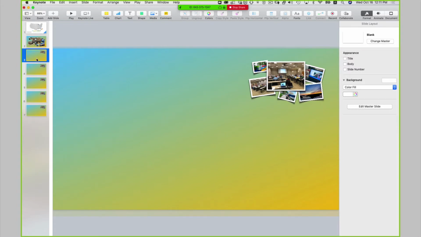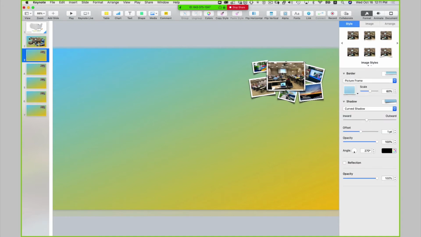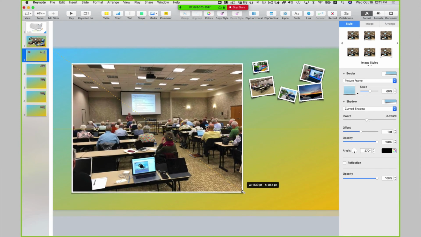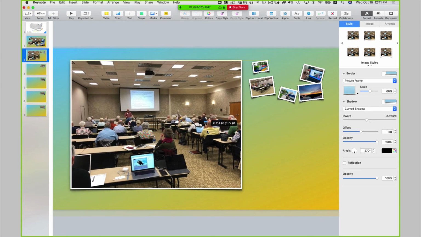All right, so let's go back to slide 3. I'm going to click on my center image in my grouping and drag this over to the left, enlarge it. And I have some text that I've already saved for the sake of time,